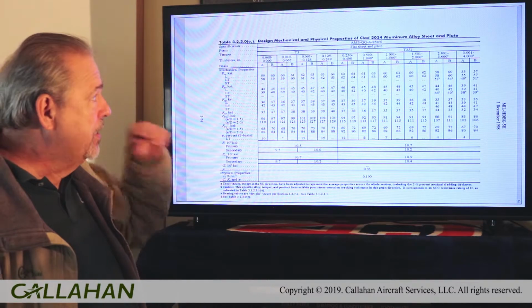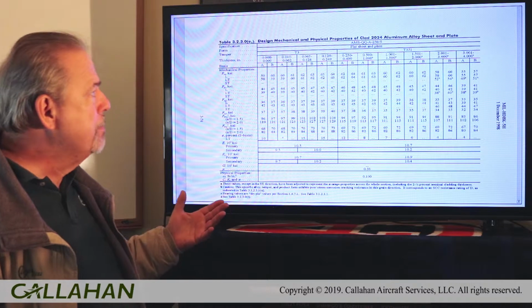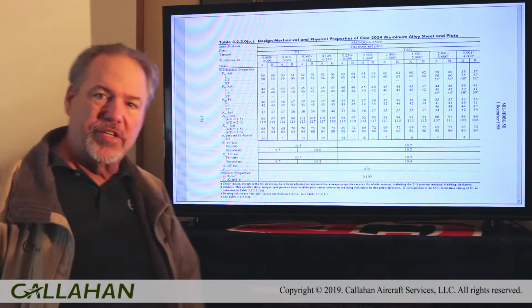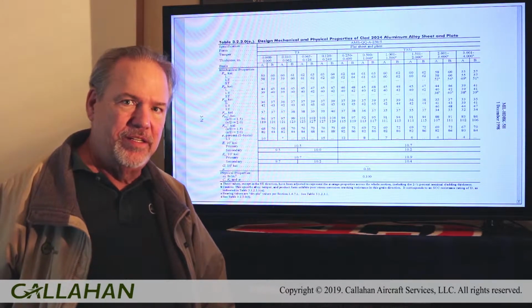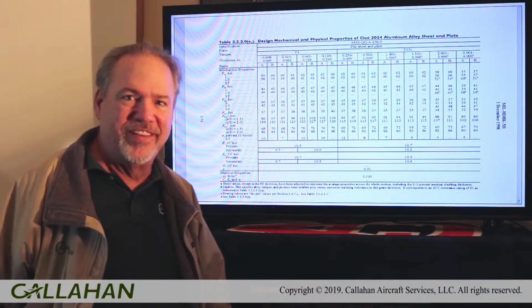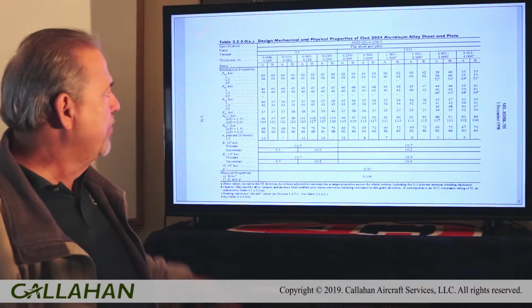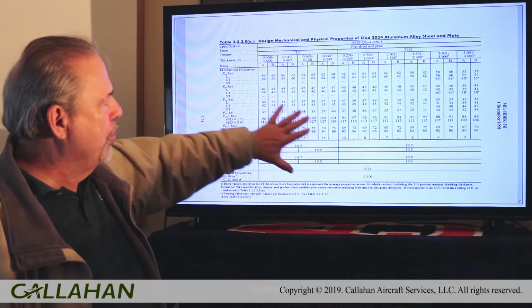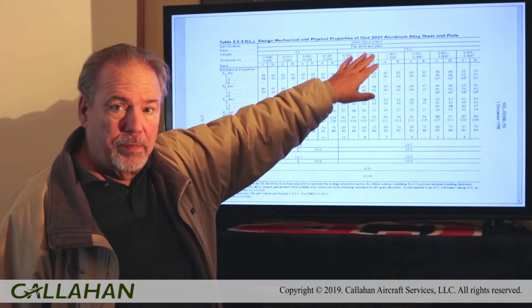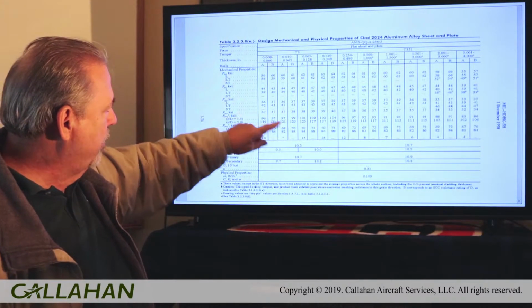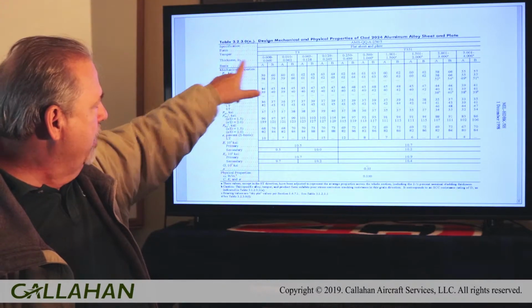Okay, this is an example of allowables out of Mil Handbook 5. For some reason, the allowables really don't change because materials don't change strength. It is what it is. Okay, so I'm just showing you this. For clad 2024, you got the spec up here and all these fancy numbers with the A and the B